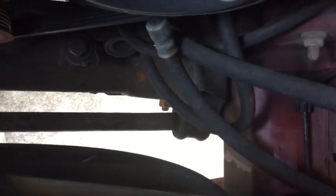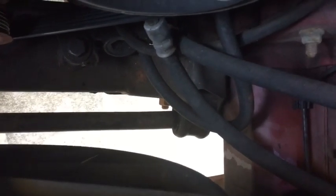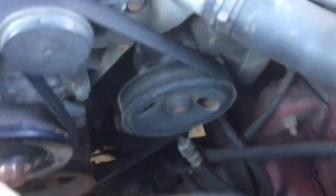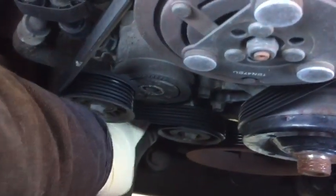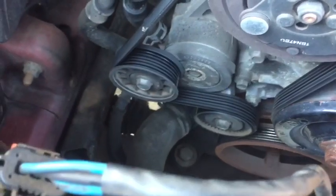First things first though, we're going to drain the coolant. If you look down here on the driver's side, there's the petcock. That's the drain. We're going to put a pan under it. If you use a clean pan, you can reuse your coolant. If not, just be ready to put new coolant in. Once we drain the coolant, we'll simply take off the lower radiator hose, remove the housing, and change out the